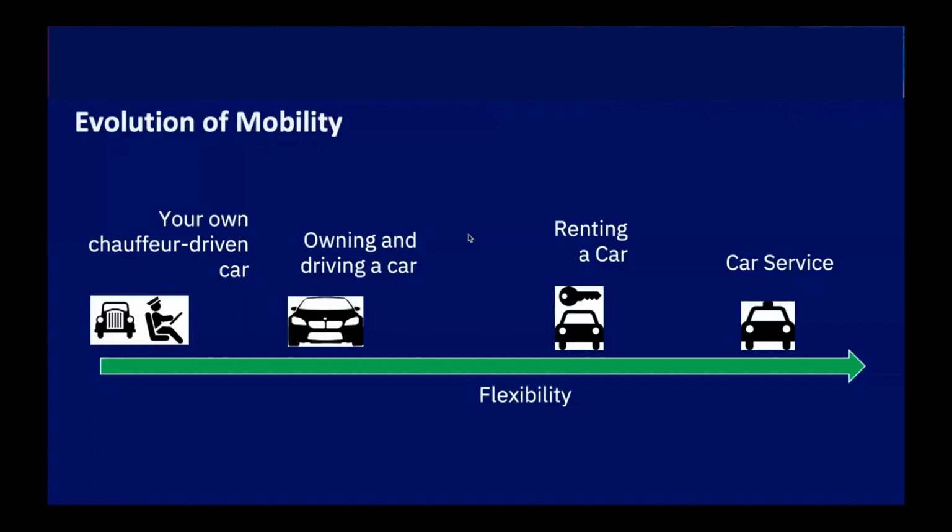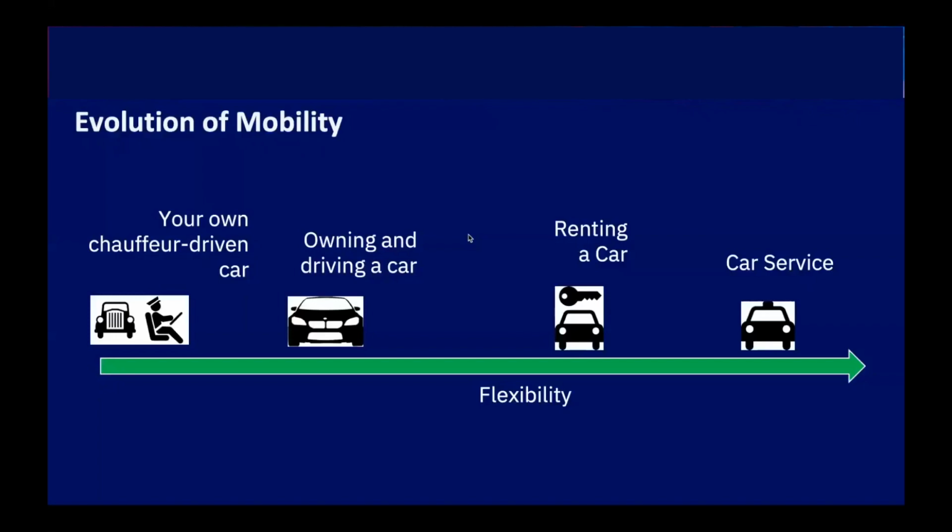But in order to be very flexible, especially, for instance, if you're traveling, if you need to be ad hoc in certain places, well, you just rent a car. And nowadays, what happened over the past years is that these car sharing services came up, like Uber, Lyft, and Co. So very flexible and ad hoc, and you really are not interested in the car as such anymore. It's also less of a prestige thing, right? So what matters is you can basically get from A to B.